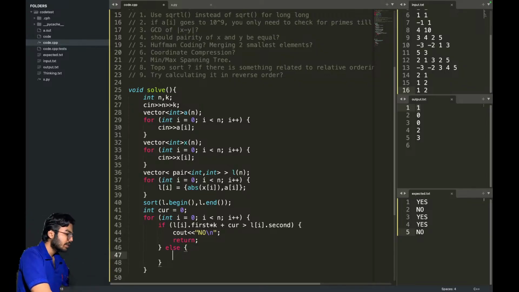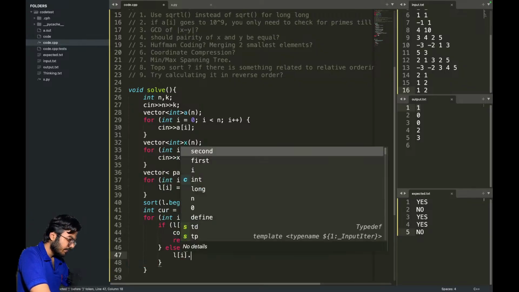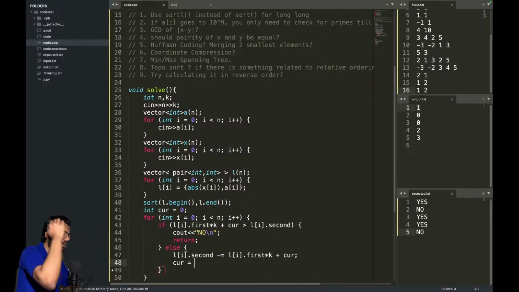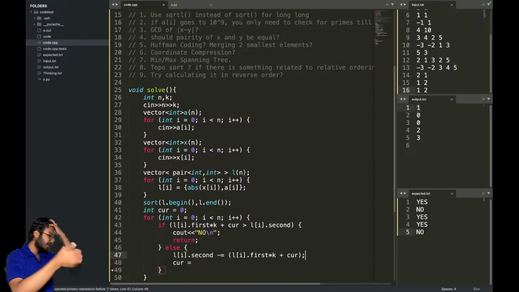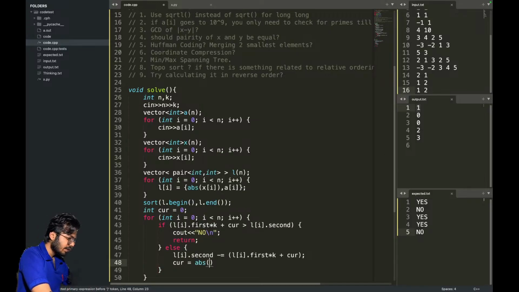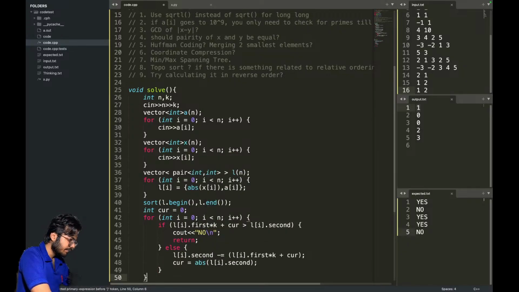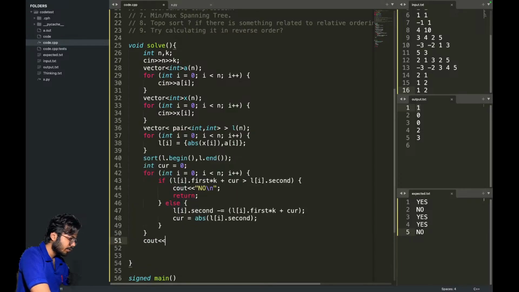First of all I will say L of I dot second minus equals to this whole thing. So whatever was the amount that it required, I will fire at him, and if it was negative, I will say absolute value of the amount that is left with me. So I will say absolute value of L of I dot second. So does this work? See out yes, and